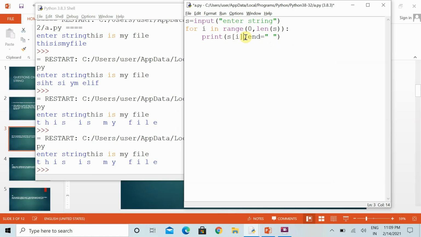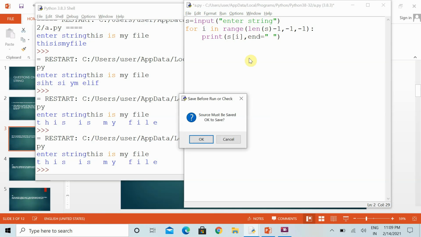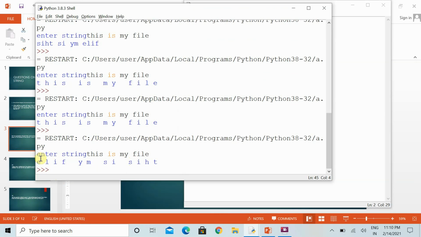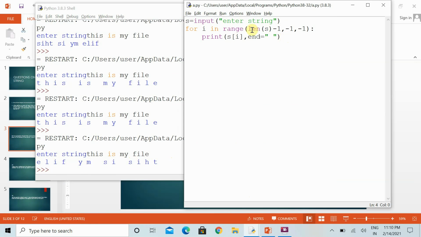If it is not showing, then the reason is that in the beginning I specified everything in the positive indexing order, then specify everything in the reverse order, then it will show everything from the negative index side. Now you can see either you can reverse the entire string by specifying the range in the reverse order, or you can use the split function and then use the slice symbol for that.